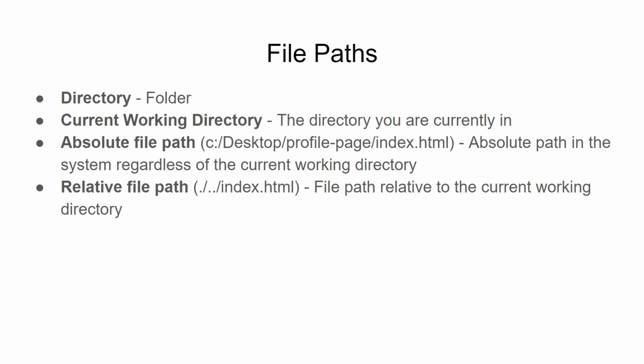So there are 2 different kinds of file paths, or rather 2 different ways of specifying the file path. One is the absolute file path. When you specify this as the file path, you can basically use it as a file location regardless of which directory you're in. So the other kind of file path, which is the relative file path, is in relation to the current working directory. So where is this particular file in relation to the current working directory? That is the essence of a relative file path. So relative file path is just the path of the file in relation to the current working directory. And this is an example of it.